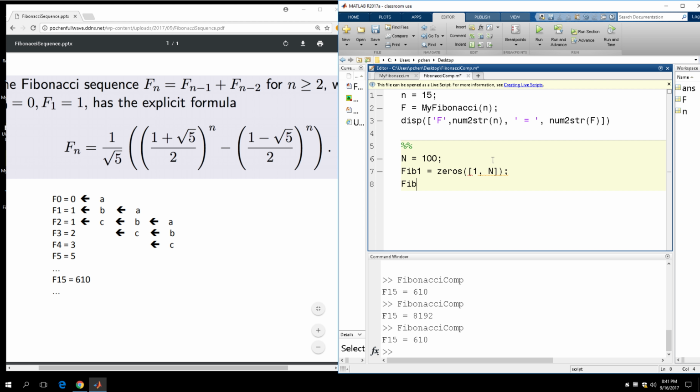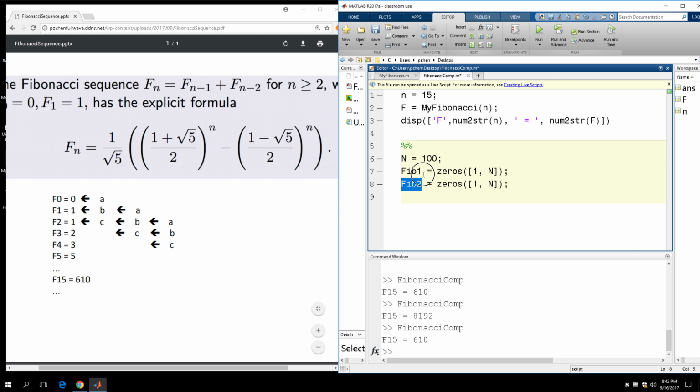Then Fib2 is going to equal zeros, one row, N columns. So we are going to compute 100 Fibonacci numbers, and then store them into two arrays. Fib1 is going to be used to store the Fibonacci numbers created by using my Fibonacci function, and Fib2 is going to be used to store the Fibonacci numbers computed using this explicit formula,